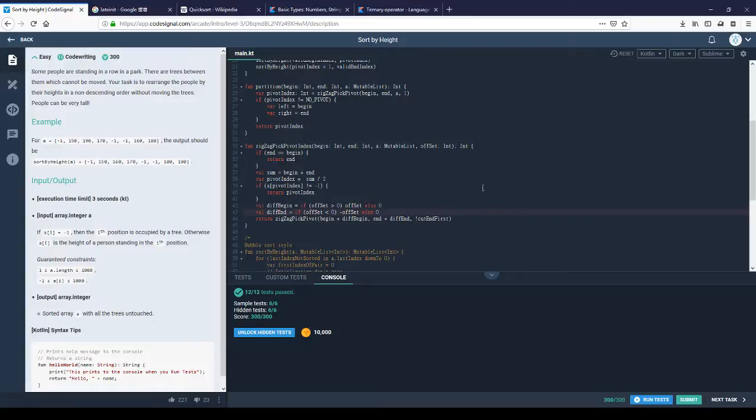So this way we're going to zigzag. Well, next offset equals to